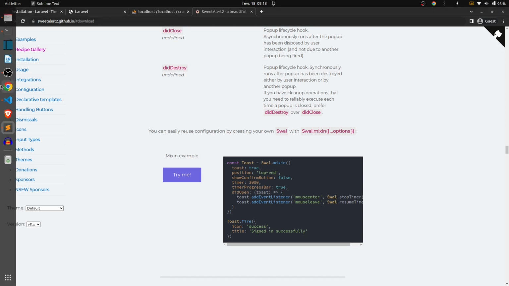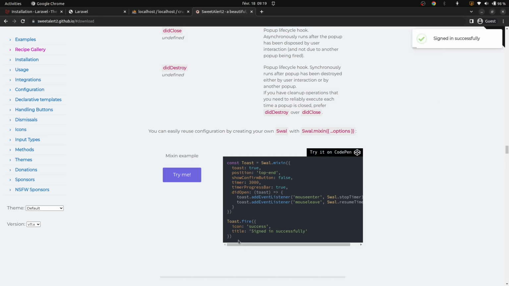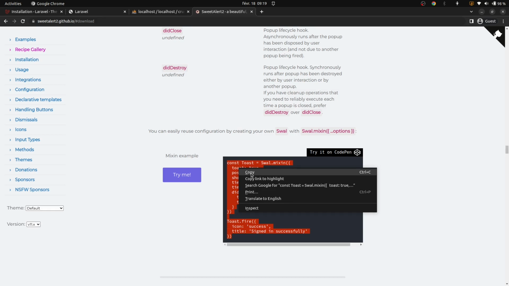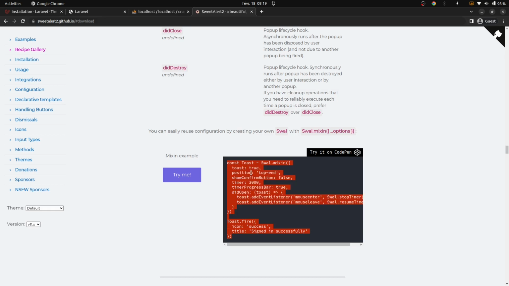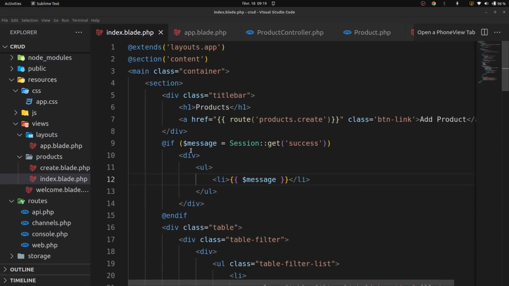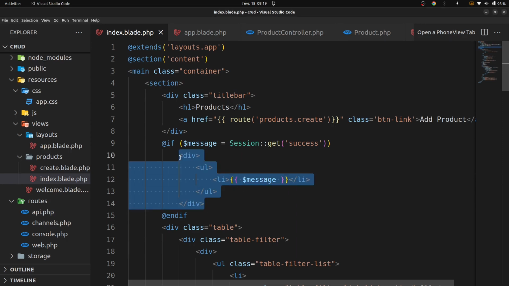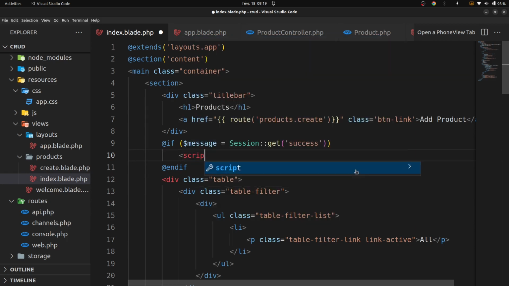All right, I'm going to use this example here. Okay, go and just copy, and go in my index.blade.php, add script,